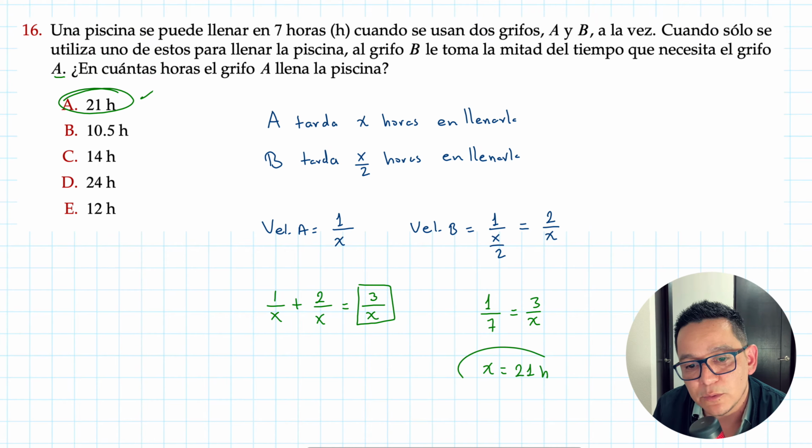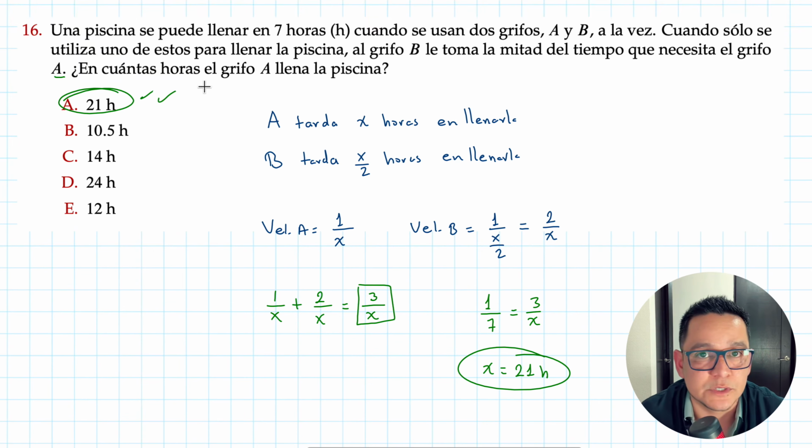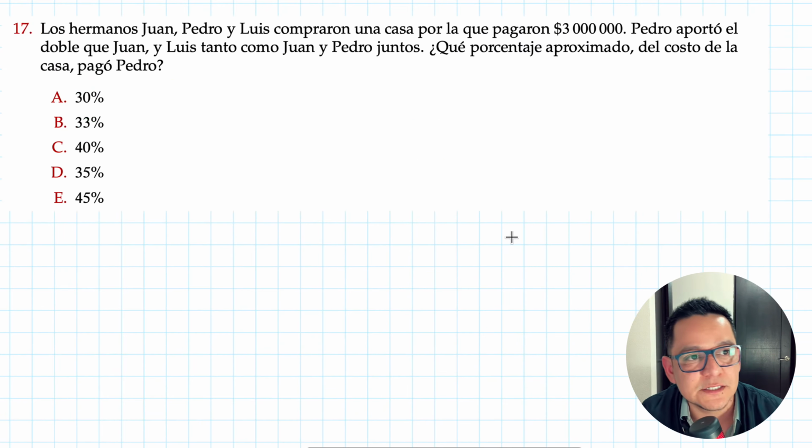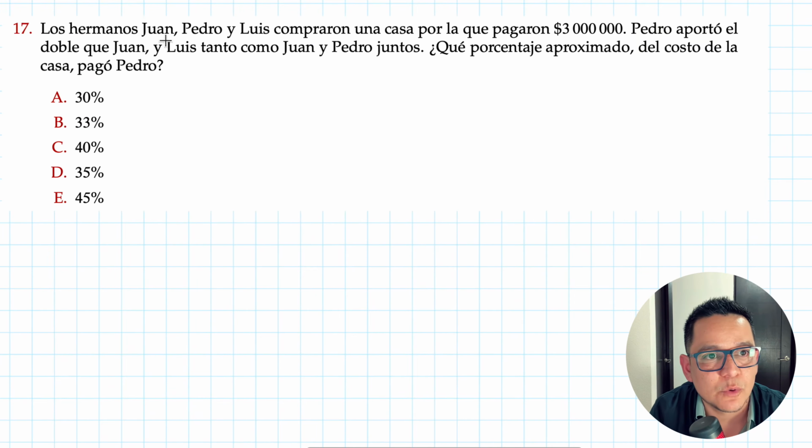And as you can see, we're getting to the same answer. Obviously, this process is a little more complex. That's why I told you it was important to try to do it logically. I'll give you both solutions so you can choose. Now, let's move on to the next exercise, which says, the brothers Juan, Pedro, and Luis bought a house for